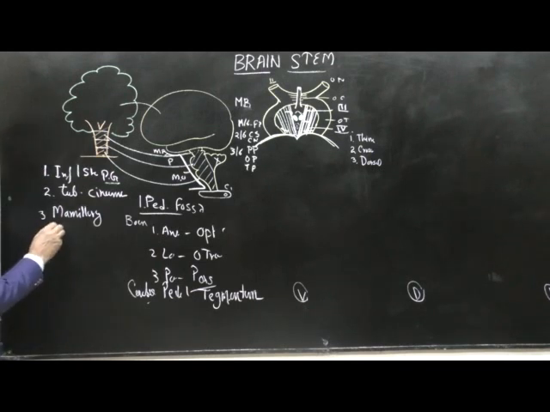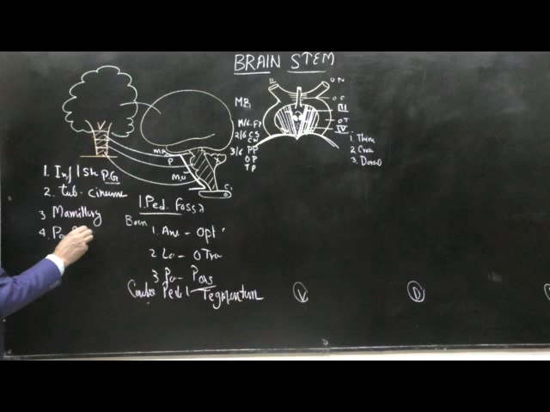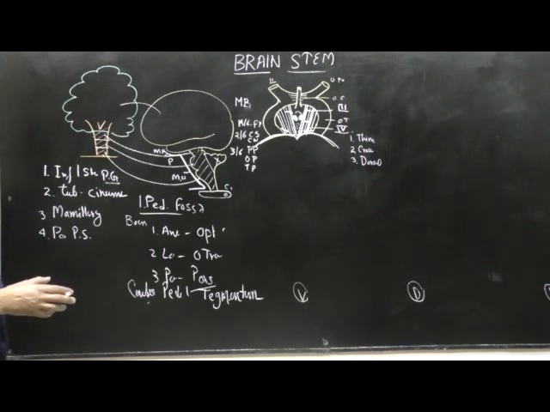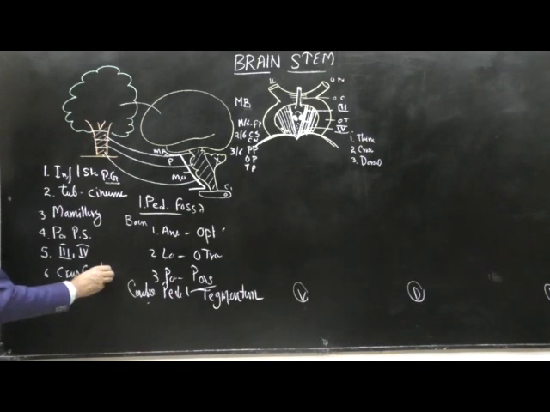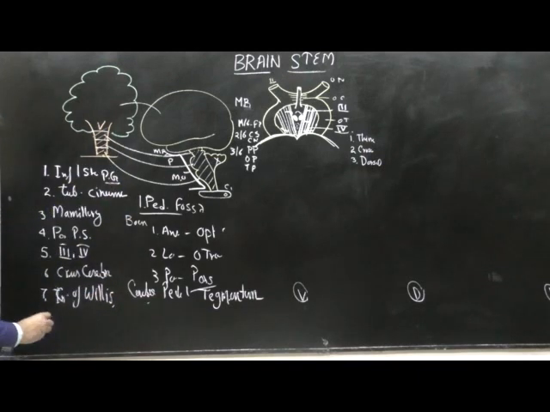The fourth structure is the posterior perforated substance. This posterior perforated substance is for the passage of the central branches of the circle of Willis to the deeper structures inside the brain or the cerebrum. Then the fifth content is the third and fourth cranial nerves, they are also lying there, and then the crus cerebri. Another content is the circle of Willis. The circle of Willis is also formed here in this interpeduncular fossa, and here also lies the